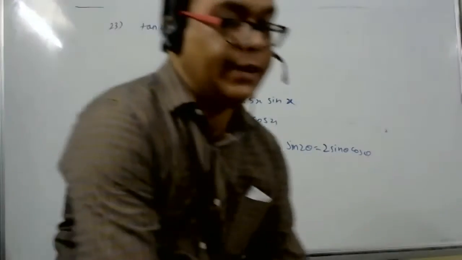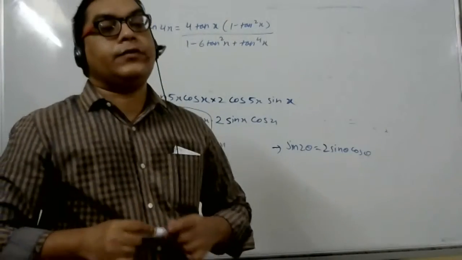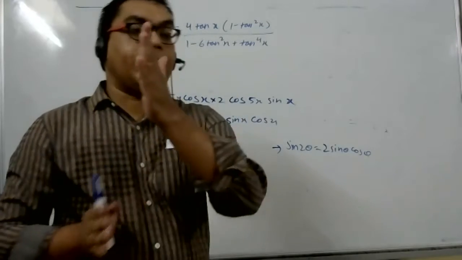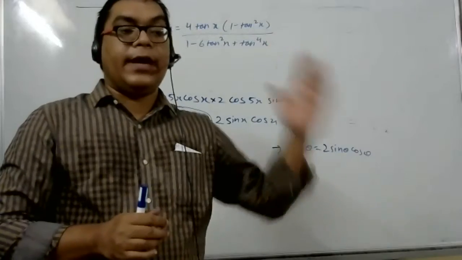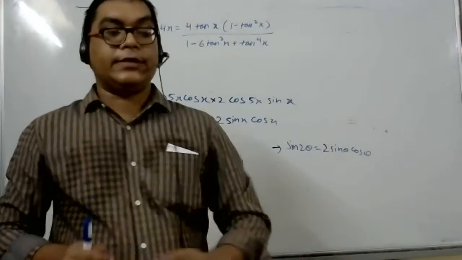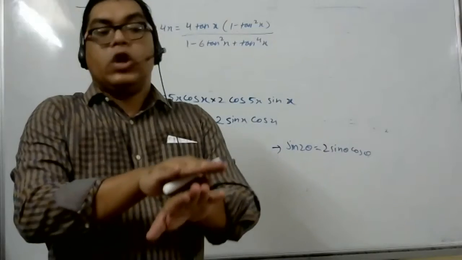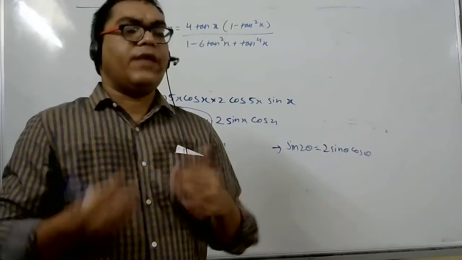Now student, what happened? See here, I'll tell you. You have done proof sums in 10th class also. How to prove a sum? Start from the left hand side and prove that it is equal to the right hand side, or start from the right hand side and prove that it is equal to the left hand side, or start working on both sides and arrive at a common result. Usually how do we know from which side to start?